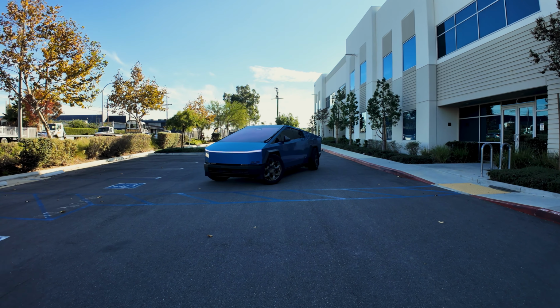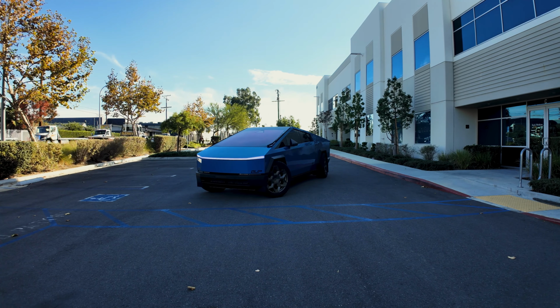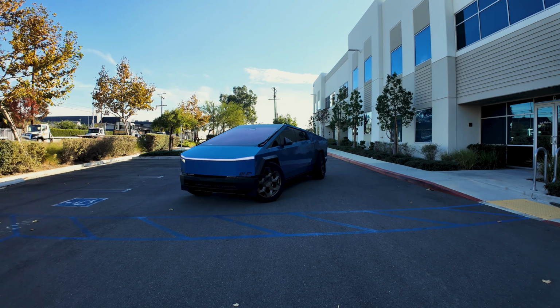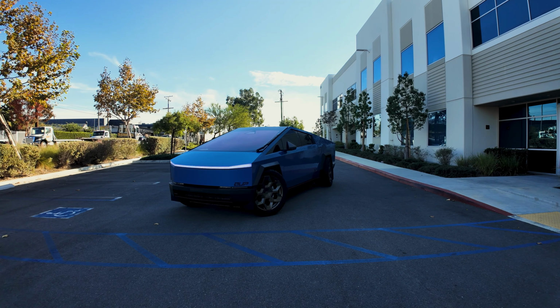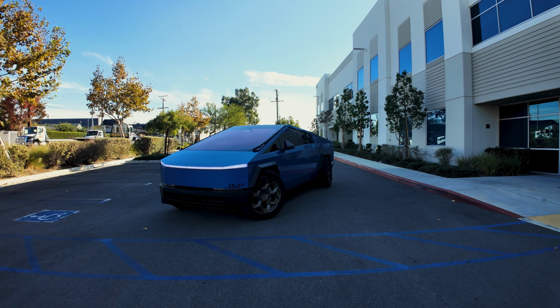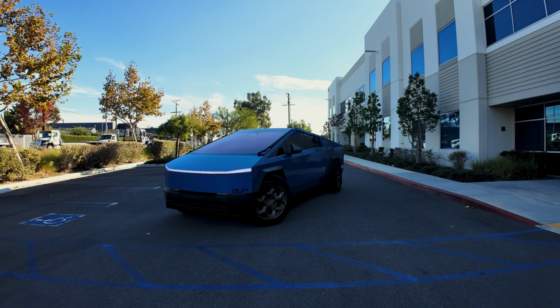We've had this Cybertruck for over 9 months at this point and over 14,000 miles. You can tell this Cybertruck is not stock at all. We've done a ton to it, both on the exterior and the interior as well. And I'll list all the different mods here and also, of course, all the different shops down below in this